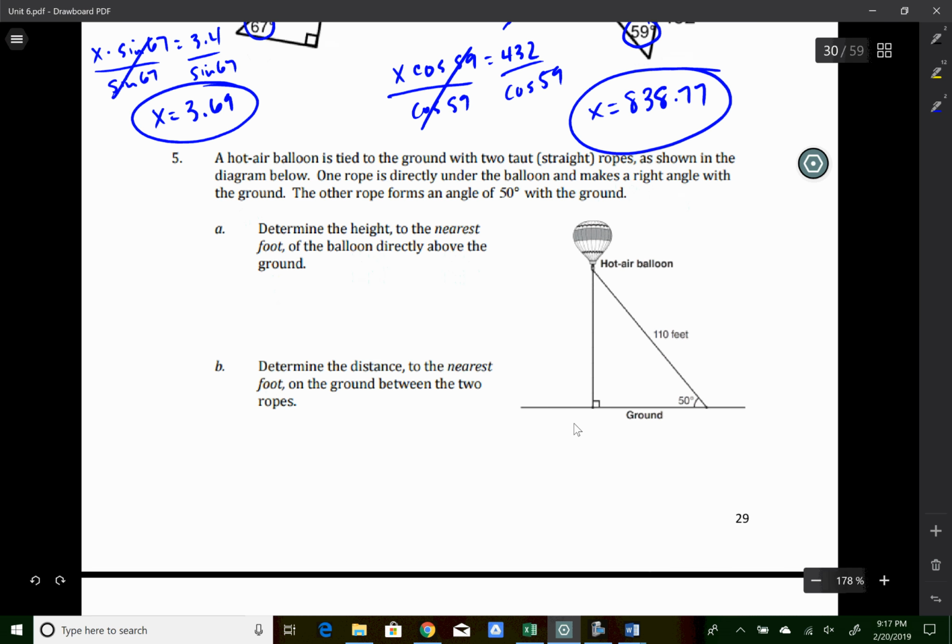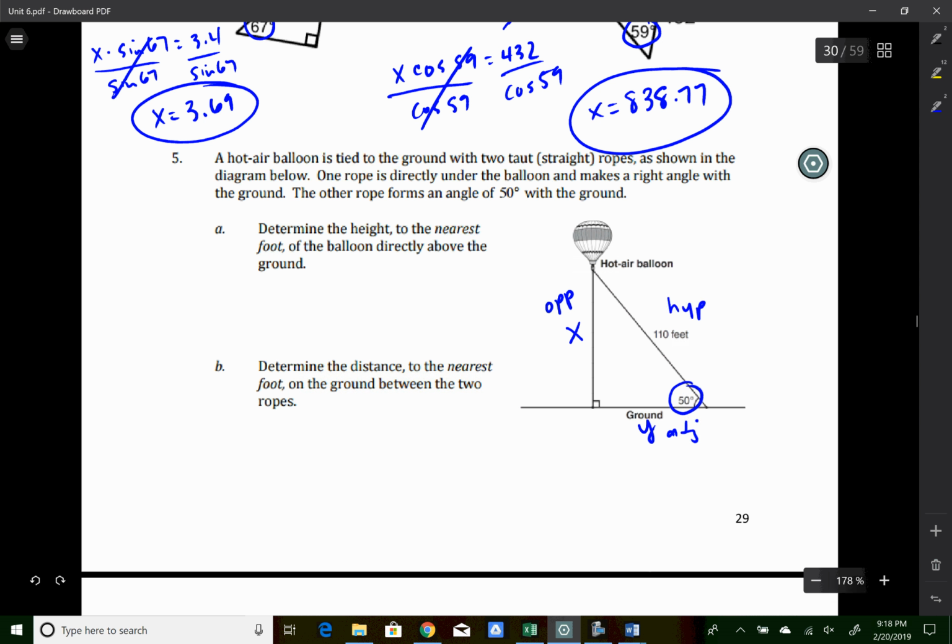Number 5 has two things it's asking us to find. Now, we're going to find both of them using trigonometry because that's what we're learning about. The second one, we could use Pythagorean theorem to find if we wanted to, but we'll use trigonometry here for both. So angle of 50. Now, I don't know either of these two sides, and I want to know both of them. So I'm going to make one of them x and one of them y. So the x is the opposite side, the y is the adjacent side, and the 110, the length of the